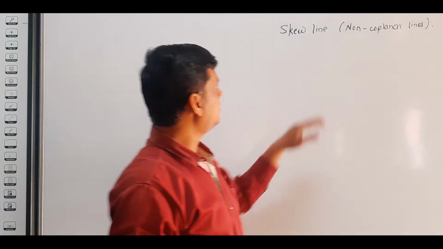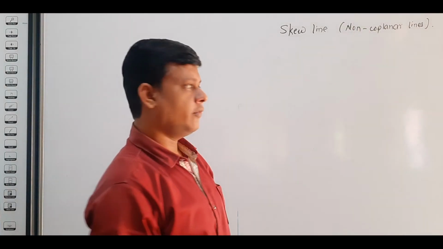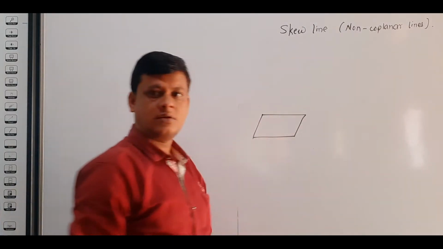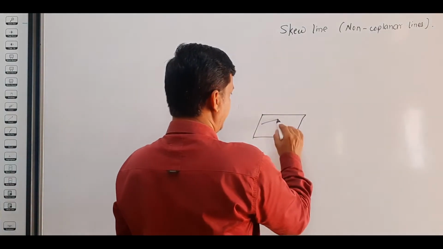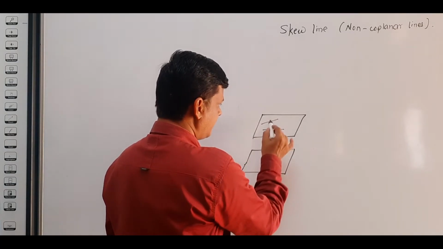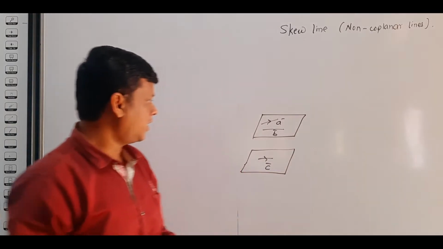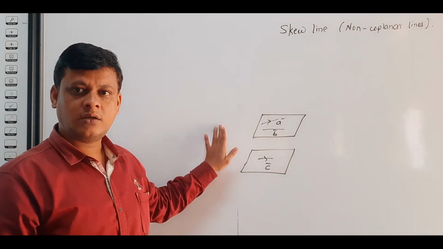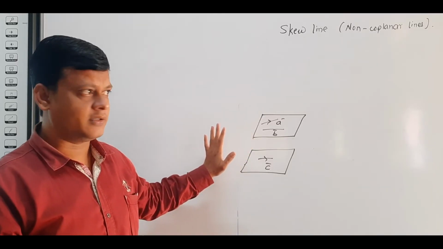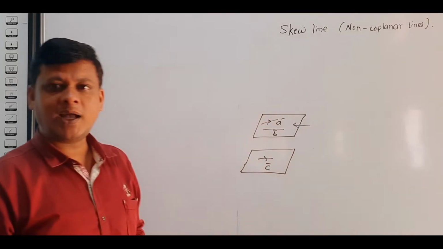Now the next topic is skew lines, that is non-coplanar lines. We know that vectors are coplanar when they lie in the same plane or in a parallel plane. Suppose a bar, b bar and this vector c bar. Now these three vectors are coplanar when they lie in the same plane or in a parallel plane. Now if these two vectors, vector a bar and b bar,